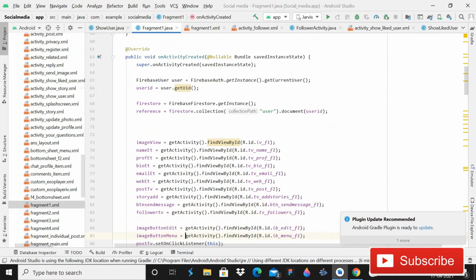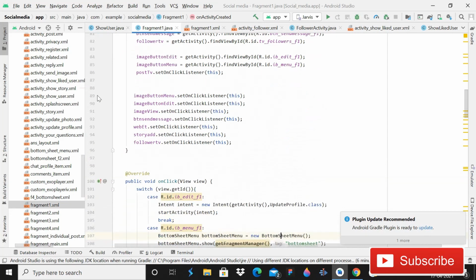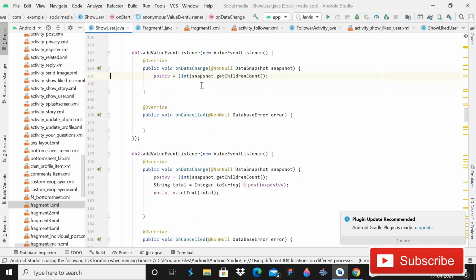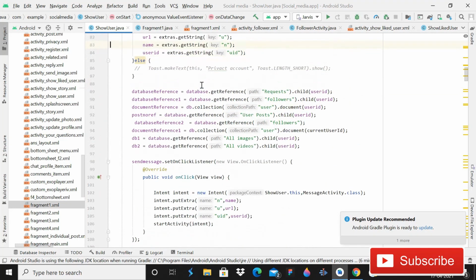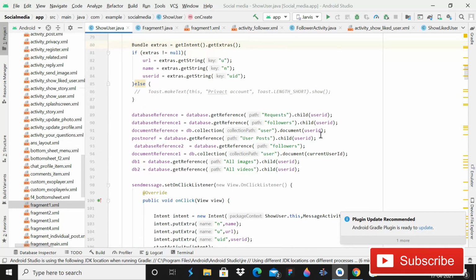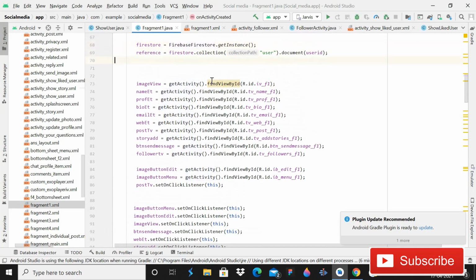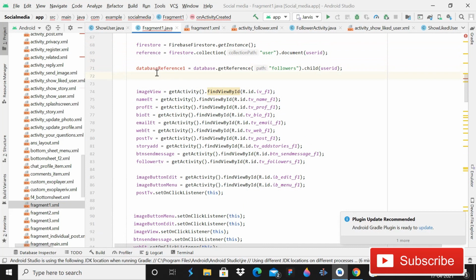After this you have to give the reference for the followers, understand. I think we have the followers... no, we don't have the followers reference. So for that, you have to open this show user again, and here copy one reference from this place. You can see that we have the database reference for followers current user ID. Yeah, Control plus C. Then come back in this fragment one and paste that reference here, because we need the number of counts. Paste it here, and just make this db1, and now we have this db1.